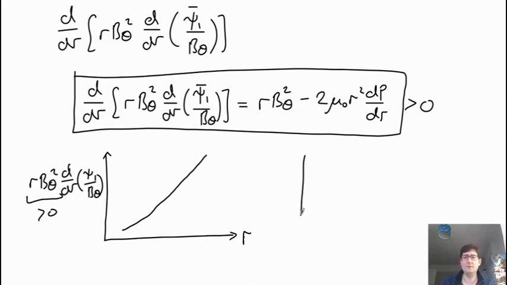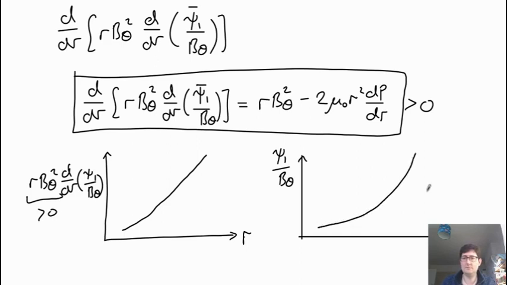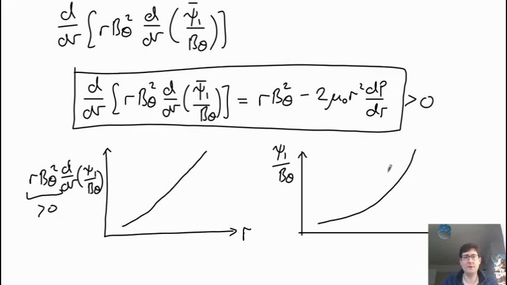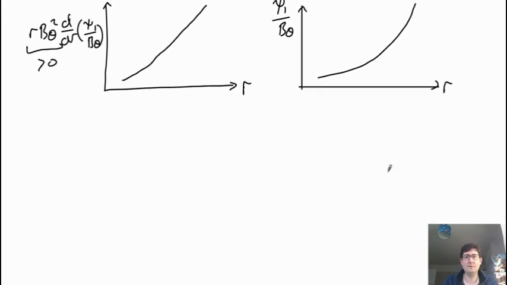And when we integrate this, you'll end up with psi 1 B theta, which looks a bit like this. Again, it's R. So we know that psi 1 of B theta is some increasing function of radius, and the exact value will depend on what boundary conditions we set. So we can see how to interpret the values of psi 1 that we're getting, and what this means.